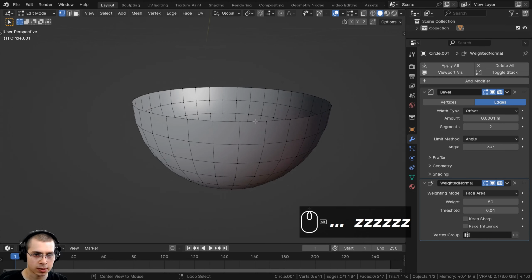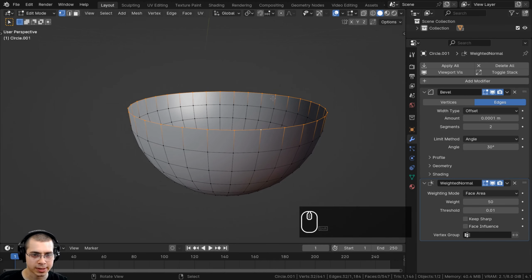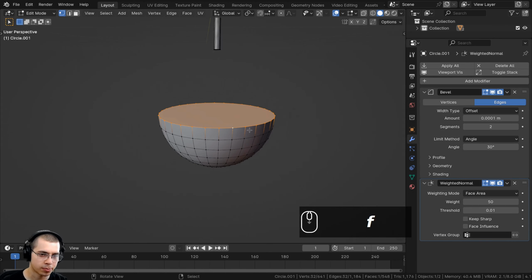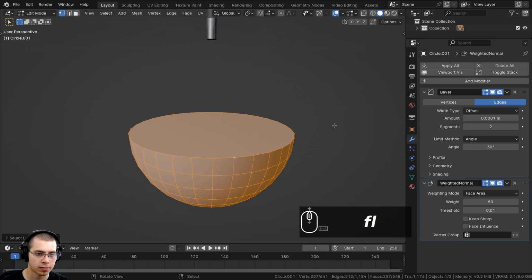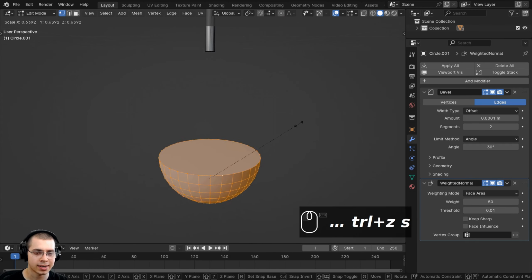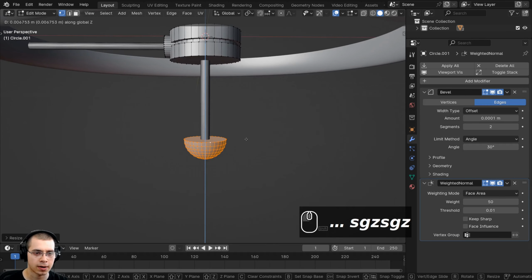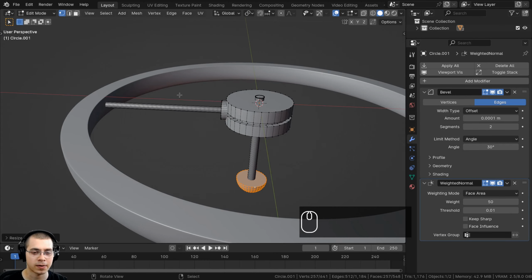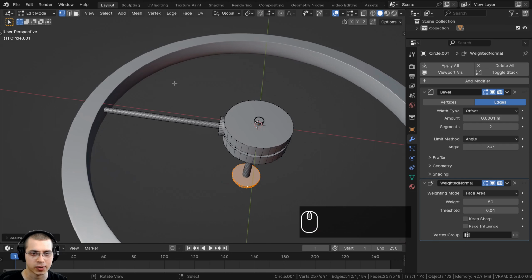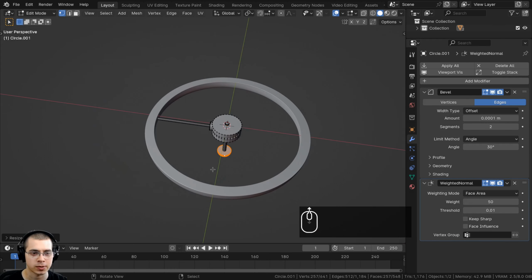I'm going to hold down the Alt key and select the top linked vertices there, or the loop of vertices, and I'll press the F key to fill a face. Let's now press the L key with our mouse hovered over that piece to select the entire thing, and I can scale it down and bring it up on the Z axis just to fit right there on the bottom of that piece. And then I also want to model those weight plates, which are actually going to make it fall down on the animation when it's rotating around.